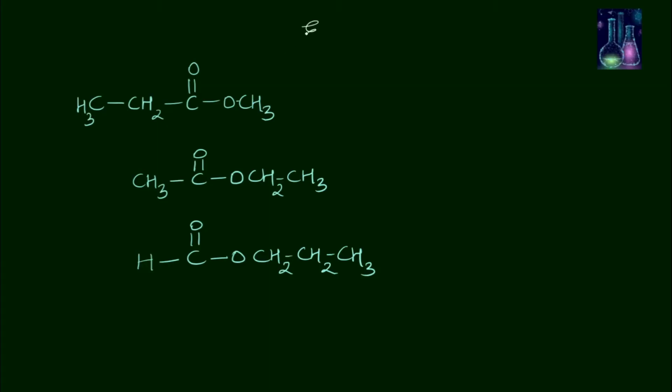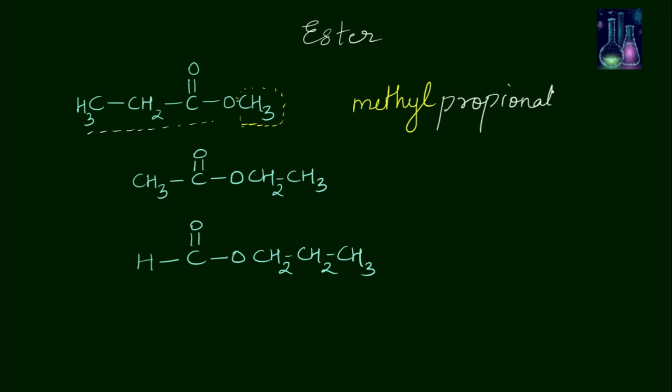In the case of esters, the molecule is divided into 2 parts. The parent contains the COO functional group, whereas the other part is considered to be the substituent. So here this methyl group is the substituent, and here the 3 carbon atoms constitute the parent part. So the name of the molecule is, first we write the substituent methyl, and the parent part, the parent has 3 carbons, so propionate. It is propionate.